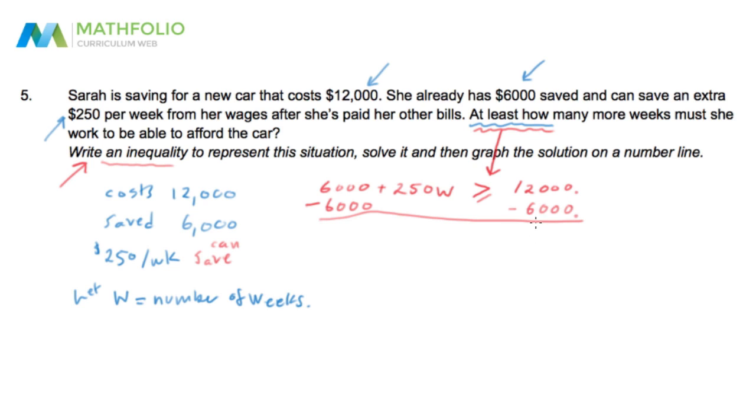12,000 minus 6,000 gives us 0, 0, 0. 12 minus 6 is 6. 6,000. We bring down our inequality. These cancel, and we're left with the